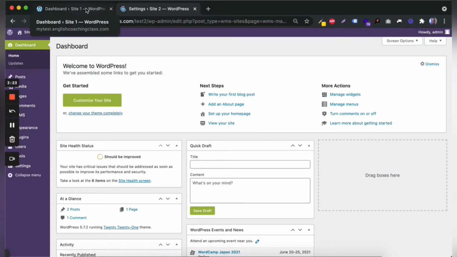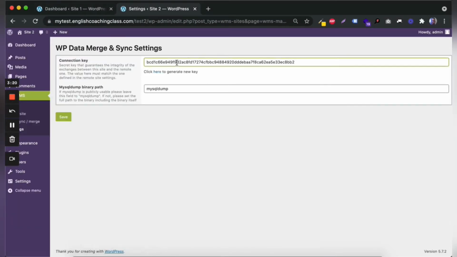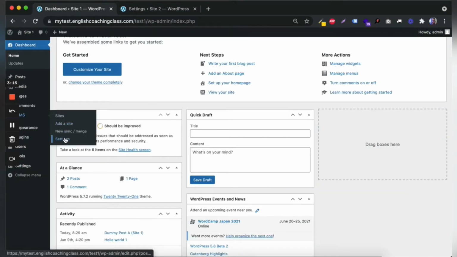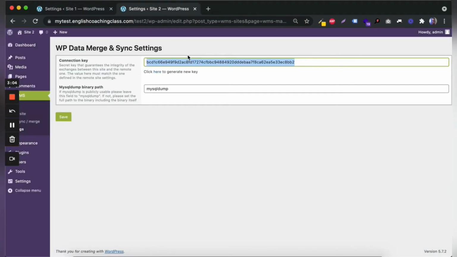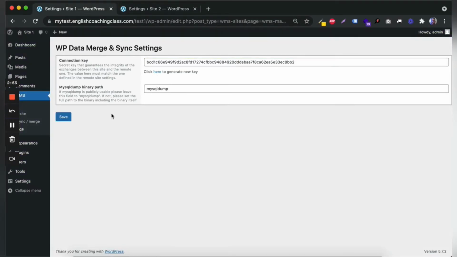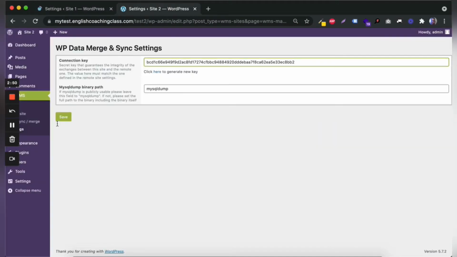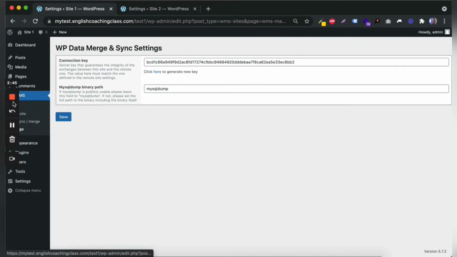It's very important to start with the connection key. Make sure that the connection key is the same on both sides so that they can communicate seamlessly. There you have it. By the way, the connection key is generated automatically, or you could click here to generate a new one, and just make sure it is the same on both sides. You want to set the MySQL dump binary path, or you could just leave that field blank if you don't know exactly what to put there. So you want to save on both sides so that everything works,